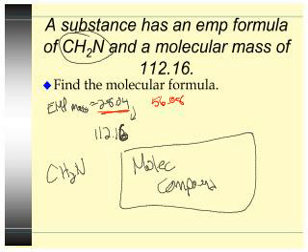So what I'm going to do to solve for this is take 112.16 and divide it by 28.04. And that will tell me how many reduced things fit in the exact one. Divided by 28.04, I get exactly 4. So here my multiplier is 4. So my answer is going to be